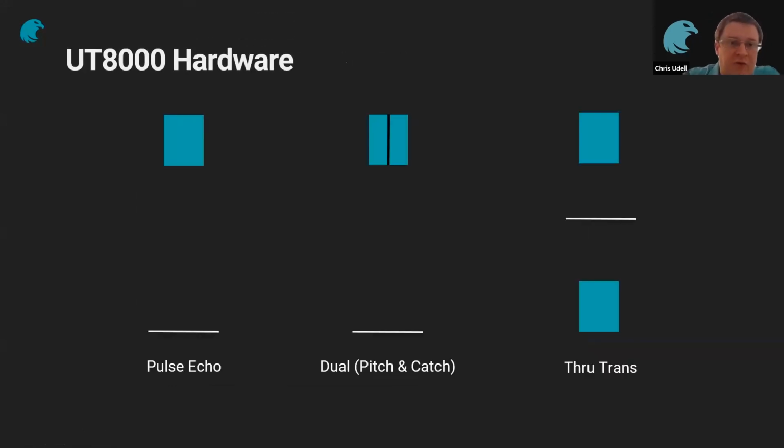If we look at the hardware, what modes it can operate in, you can see it operates in pulse echo, both shear and longitudinal, so we have angle beam and straight beams. We can use dual pitch and catch, so we can have tandem probes or dual probes for corrosion mapping. And you can have through transmission as well for inspecting very